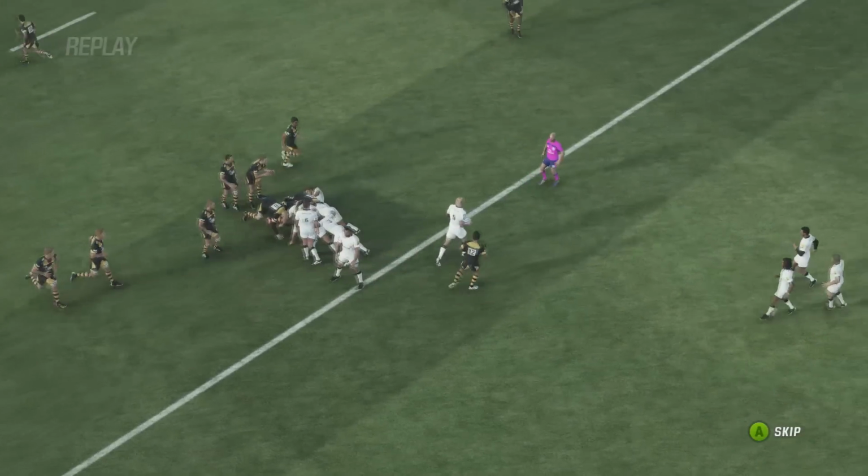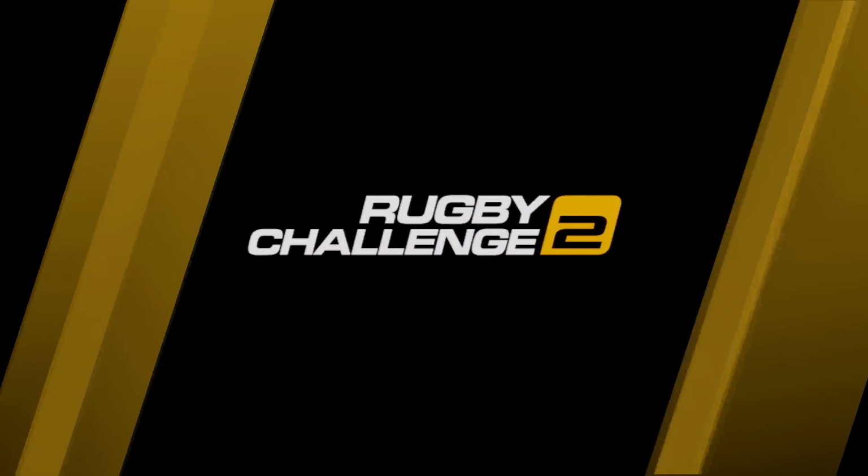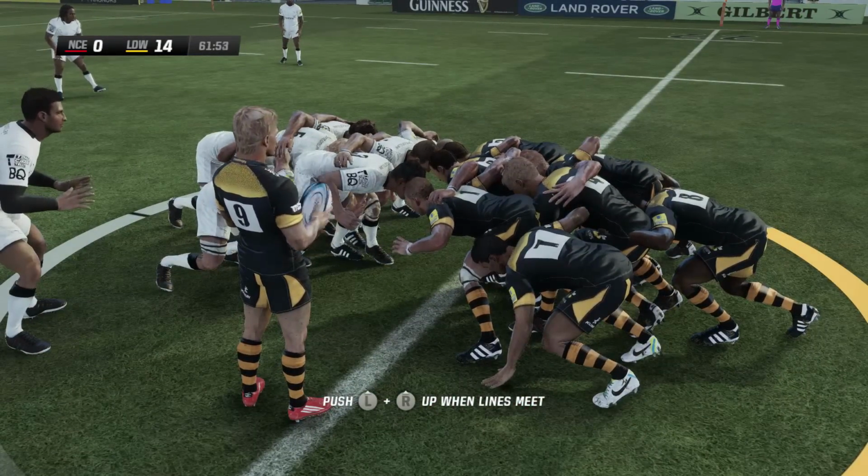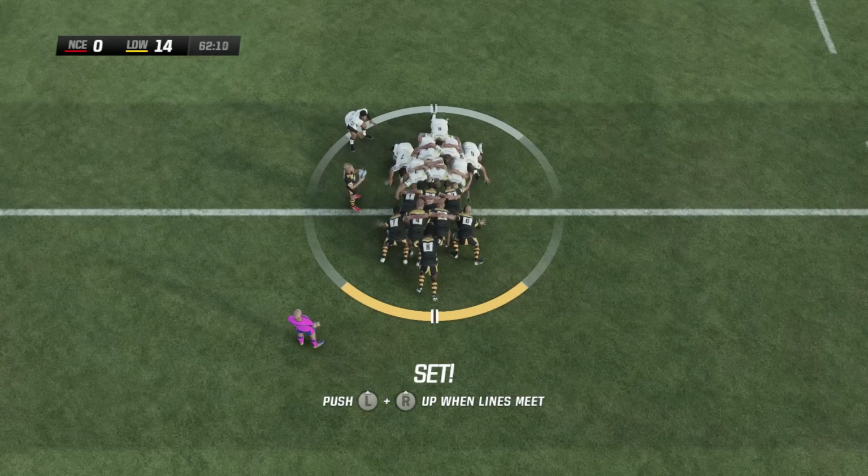Well, they had big numbers here. Well, McLeod was the receiver, so you can't blame him, and he delivered an absolute beauty as well after that. Scrum feed